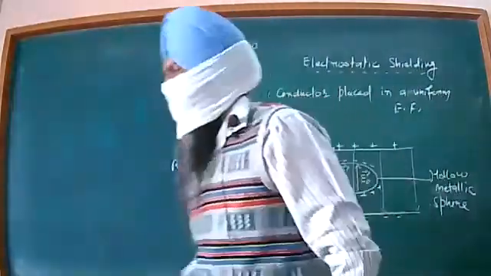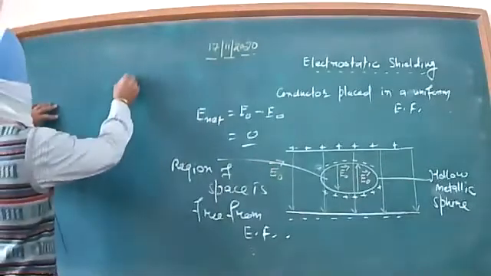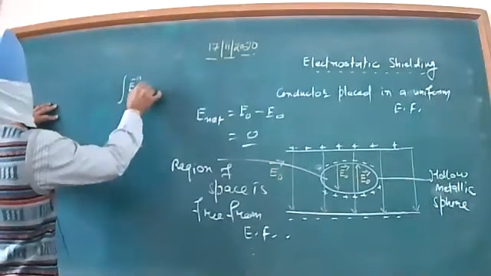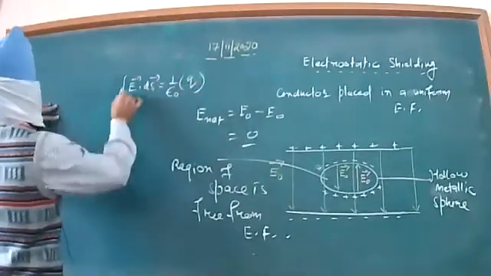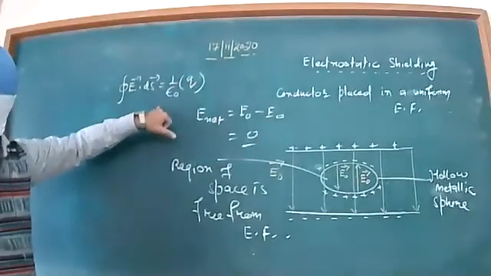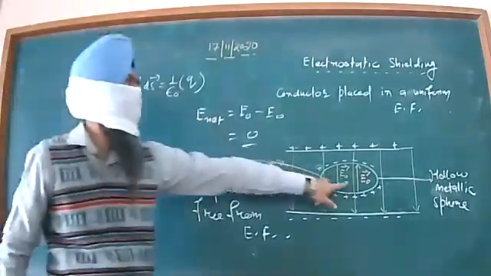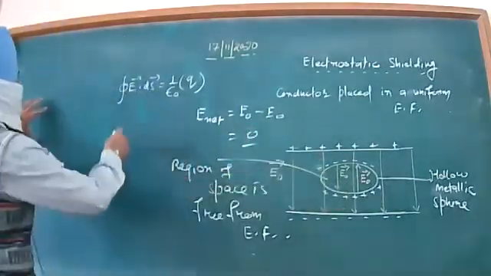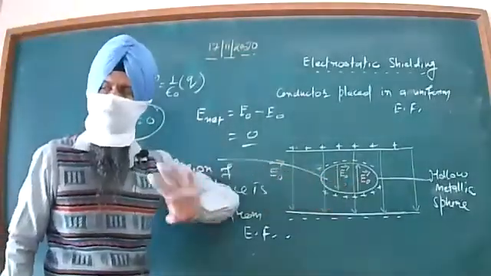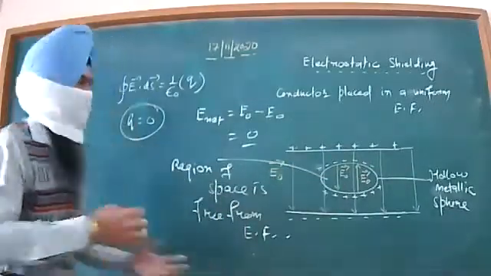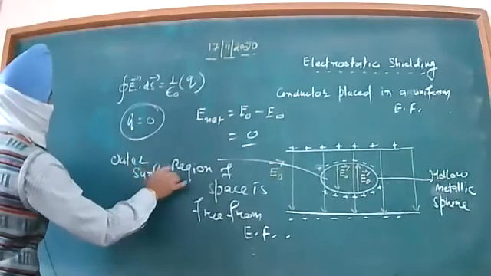And one more thing, if I further try to relate this with Gauss's theorem, the closed integral of E vector dot dS vector is equal to 1 by epsilon naught times q. Now dear children, inside the conductor the electric field is equal to 0. This net flux is 0, and if it is 0, the charge inside the conductor will also be 0. Inside the conductor we have no charge. Then where is the charge? The charge will reside on the outer surface of the conductor.